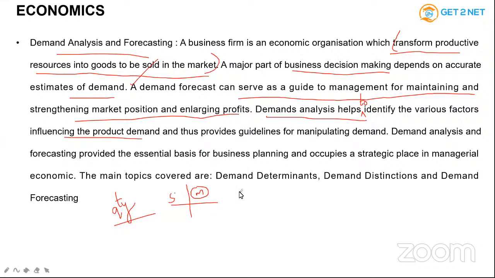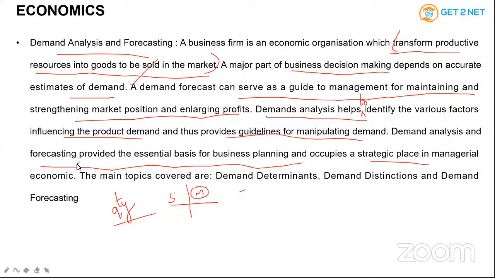Now, obviously, the taste and preferences of customers will come into question. The segmentation factor will come into question. The targeting factor will come into question. So these are nothing but the different factors. And it also provides guidelines for manipulating demand. So demand analysis and forecasting provide the essential basis for business planning, and obviously they occupy a strategic place